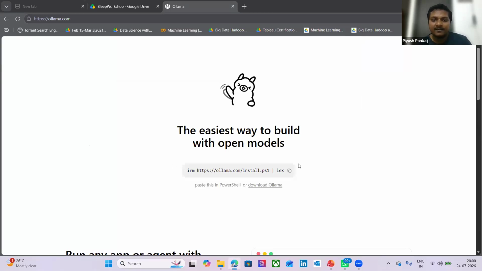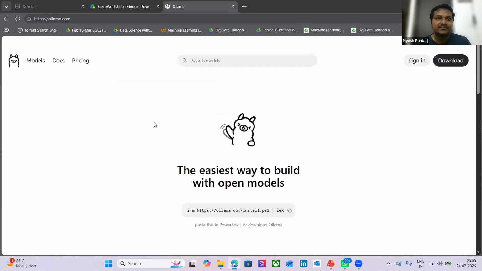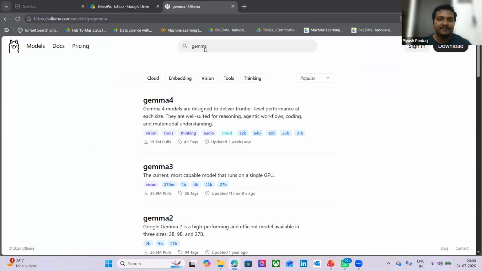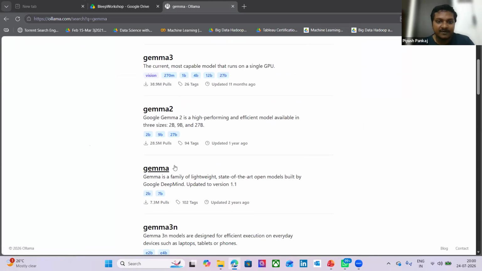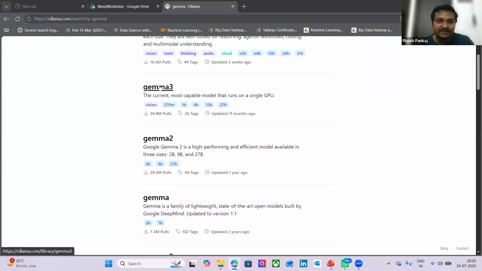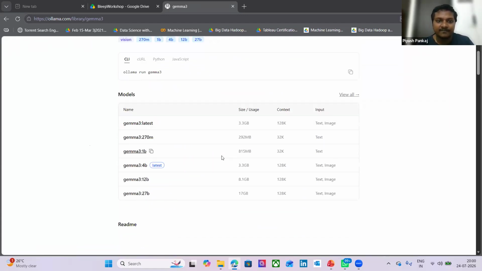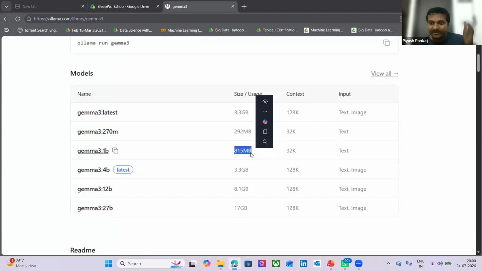And here it is going to give you the models. Let's say I want to use Gemma models. You have different Gemma models, right? Let's say Gemma 3. Gemma 3 is nothing but the model developed by Google. And I'm using a model of a small size, 818 MB.